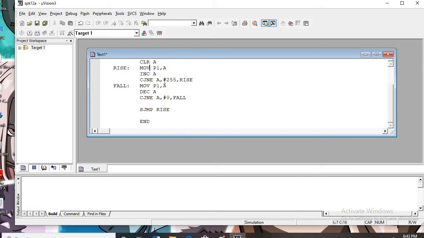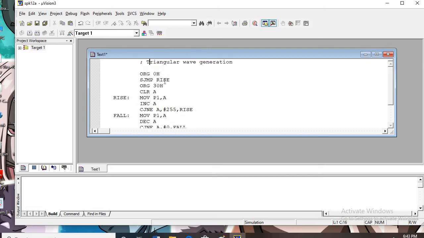Line by line: just see, I'm not writing any comments because these are very simple codes. There is no need, even if you read them you can understand. So ORG 0H, we have just started the code with sjump rise. Rise is a small routine. ORG 30H, we start by clearing the accumulator, initialized in the scratchpad memory. Now here what is happening: move P1 comma A, which means transfer the contents of the accumulator into port 1.